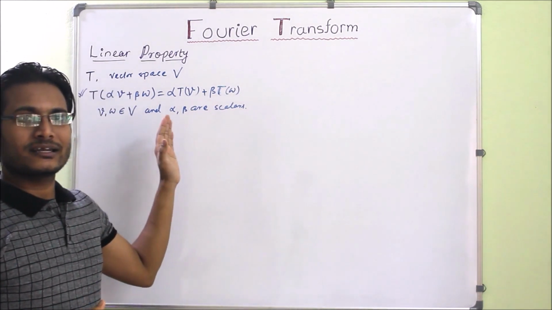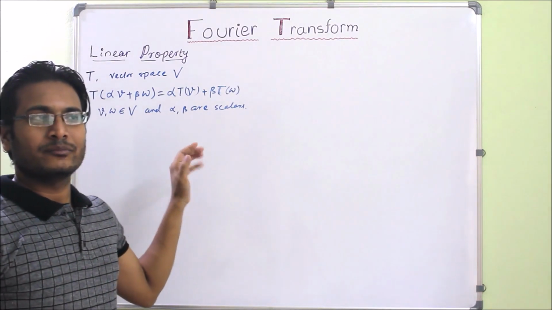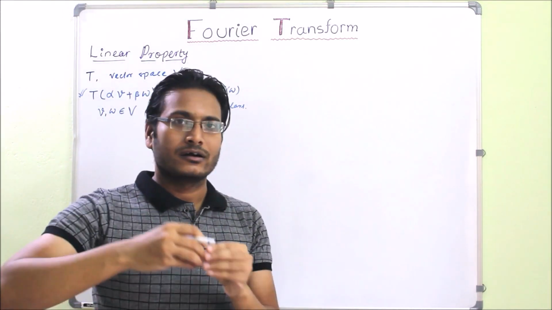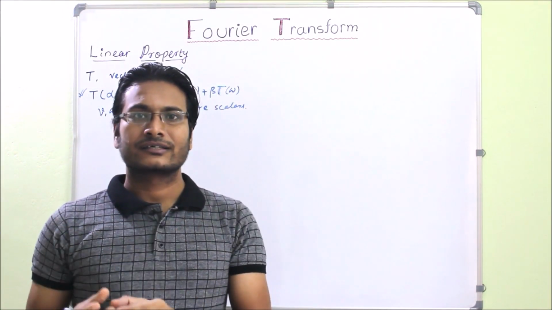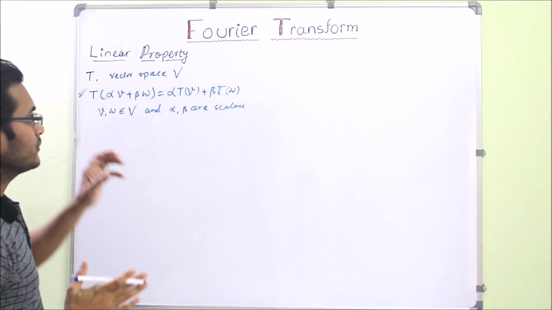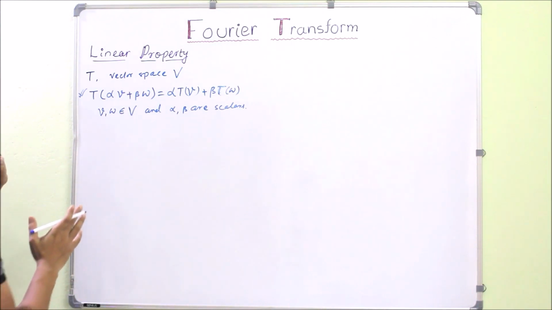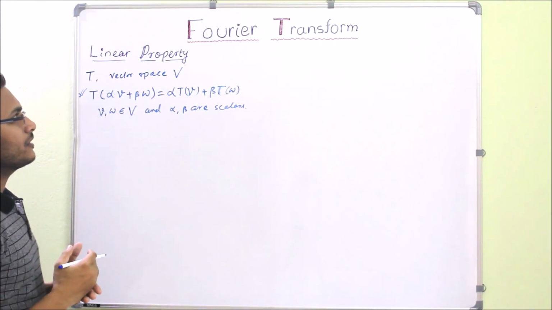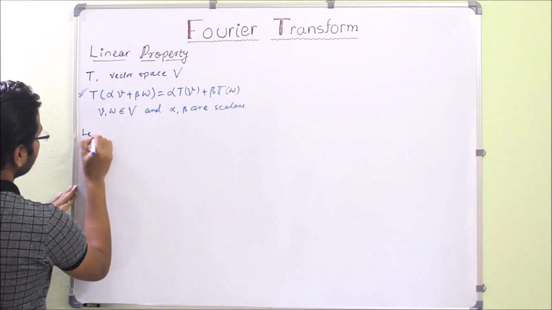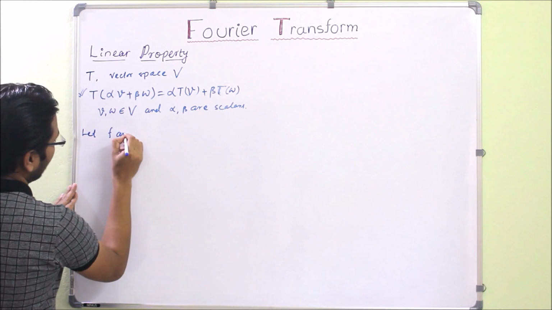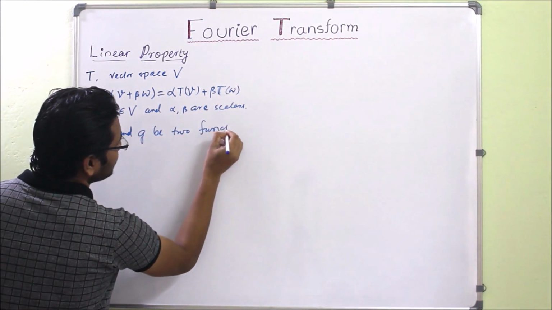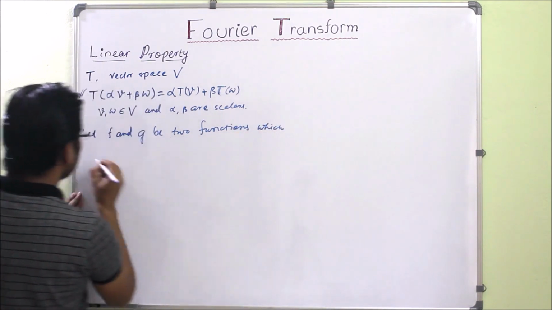Now a similar technique will apply here also, because here we have a transformation. Transformation, operator, function, functional, all are similar in nature. What will be the linear property in the context of Fourier transformation, that we have to see. So let f and g be two functions which have